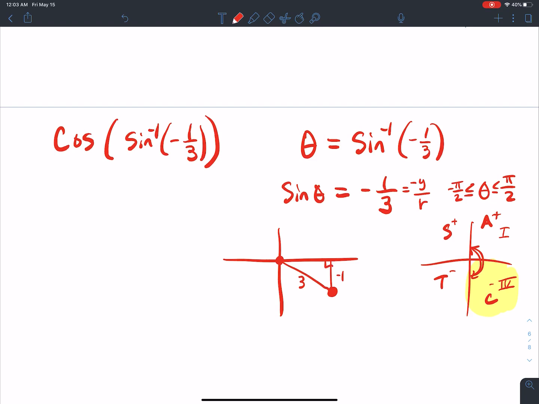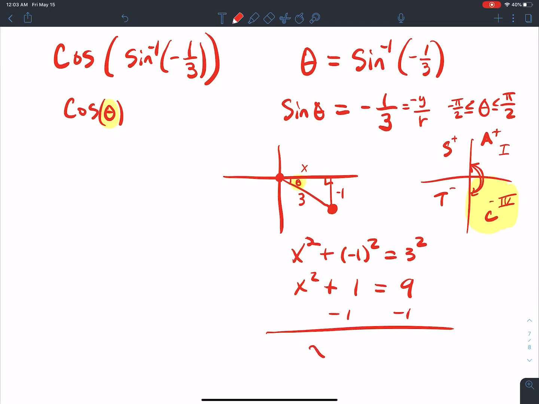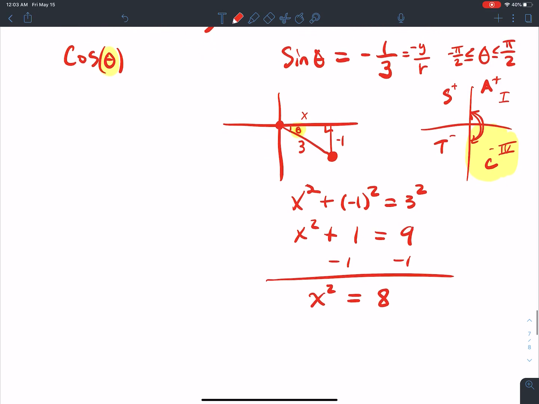So now, what do I need to find? Well, what I want to find is the cosine of theta. Okay, so this is my angle theta. Now, how am I going to do this? I need to know what this side here is, right? Cosine of theta, x over r. So use Pythagorean theorem, x squared plus negative 1 squared equals 3 squared. So x squared plus 1 equals 9. Minus 1, I get x squared equals 8. So when I square root this, what's going to happen? Square root,